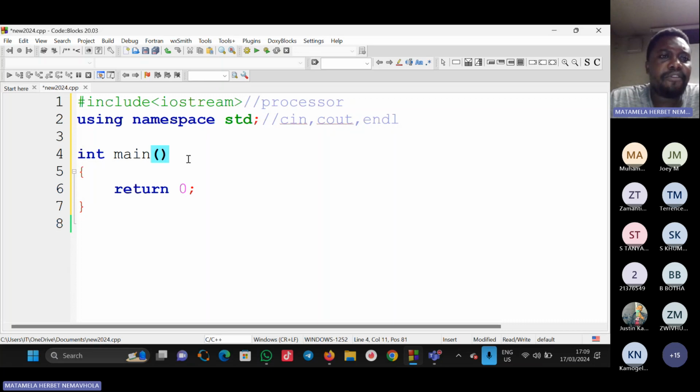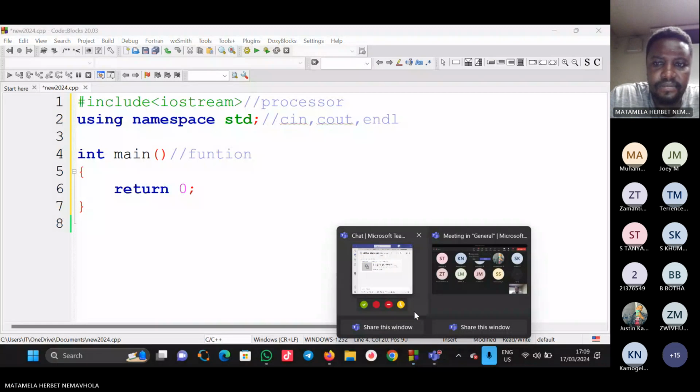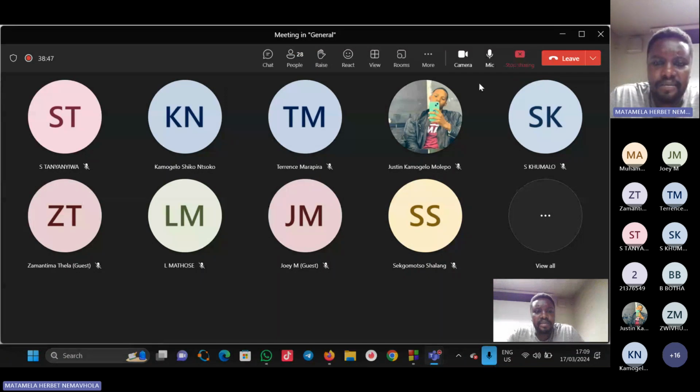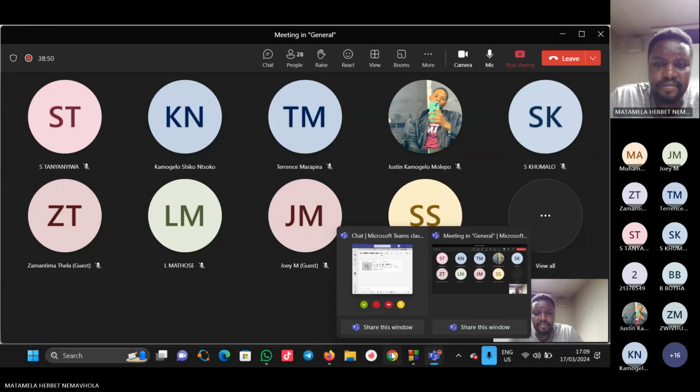And then int main is a function. So in this function, here, for int main,